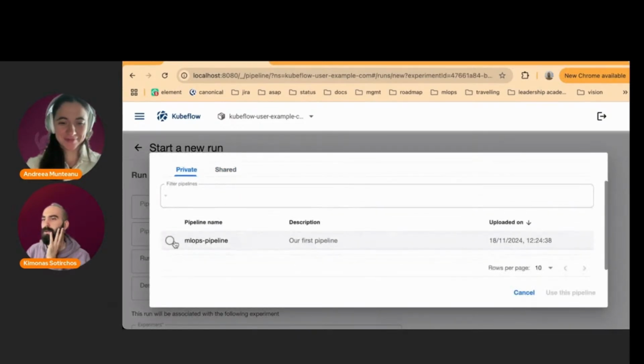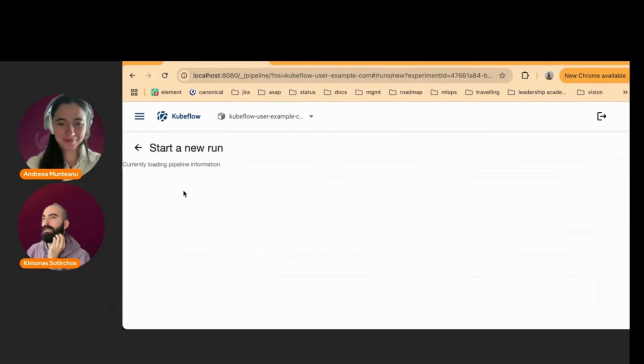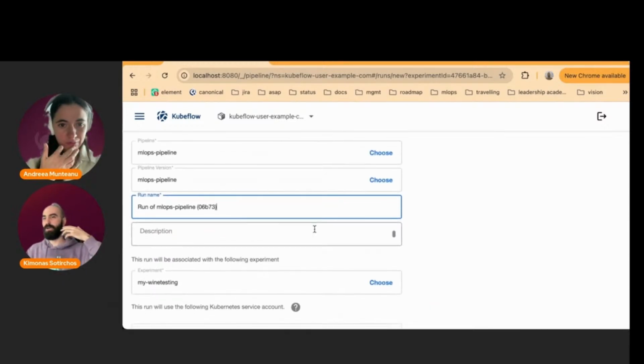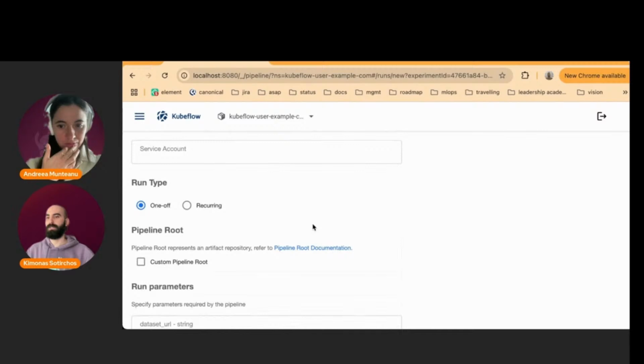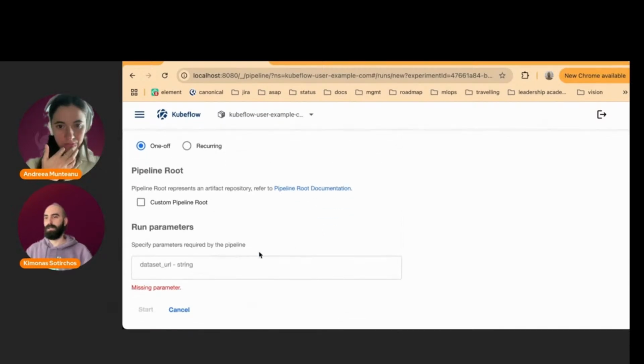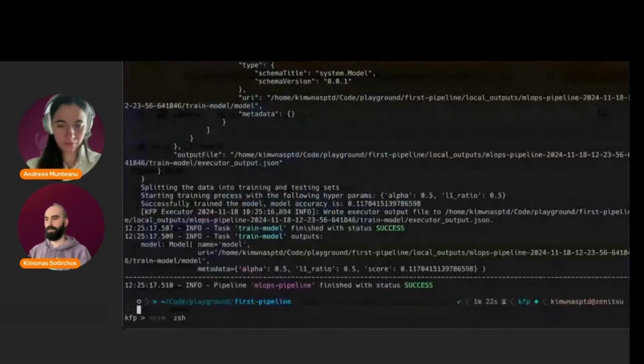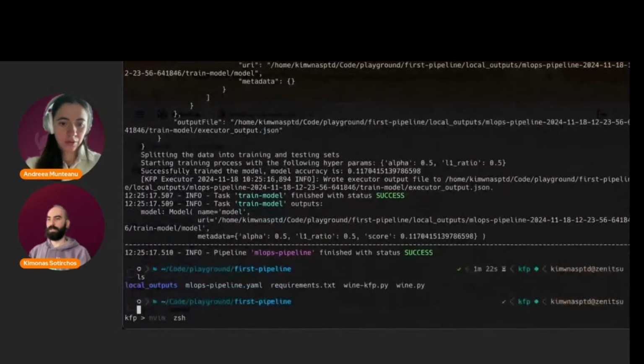We're going to go and read our private pipeline. We're using the pipeline to actually initialize a run. Remember, we created only the pipeline definition, which is the YAML of what are the steps. And now we're actually going to create an actual run. So we have one input parameter, which is the dataset URL. So, this succeeded as well. So we can see also the MLOps pipeline YAML, but for the sake of time,